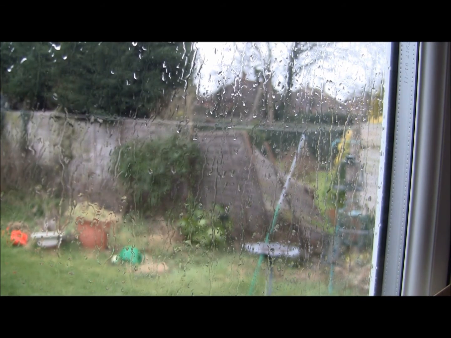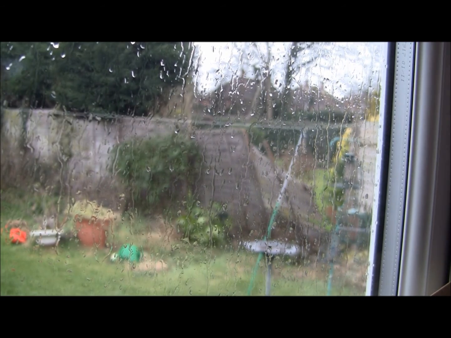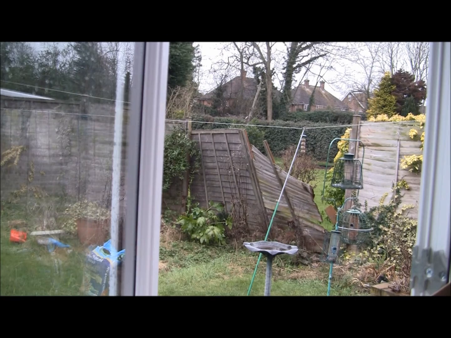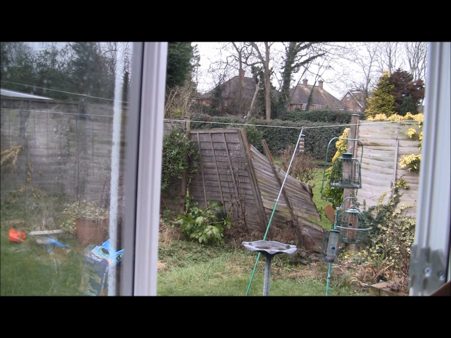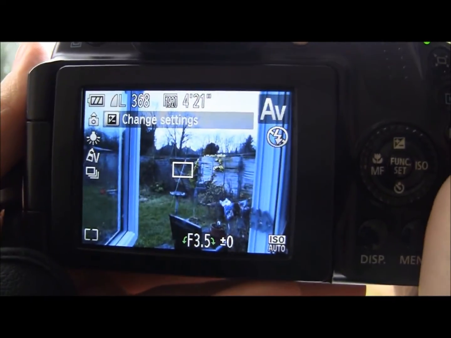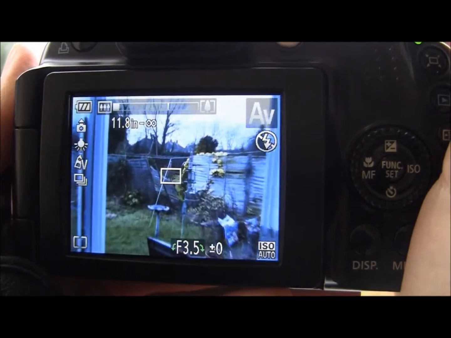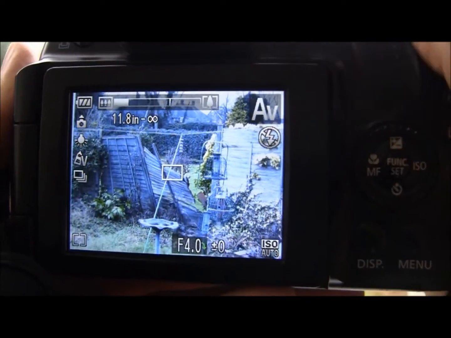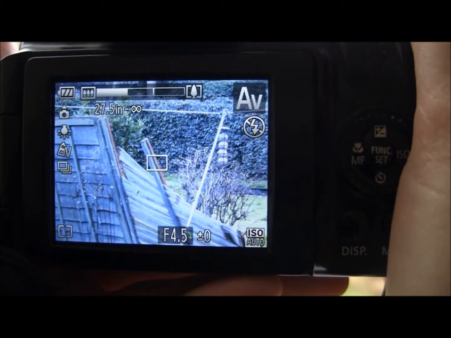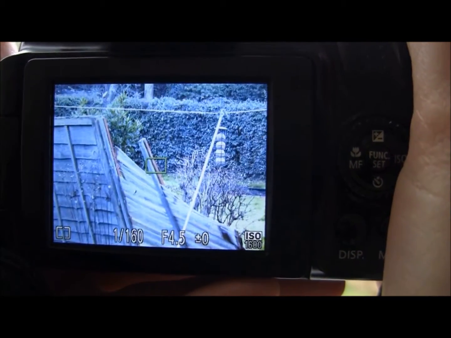So I'm just going to do a secondary example here. Now we've got a bit of fence that has fallen down when it was really windy. You can see just behind that broken bit of fence there's some bushes in the garden next door. So if I just show you an example here, if I zoom in, see that bit of garden fence there, this pole. If I take a picture there,